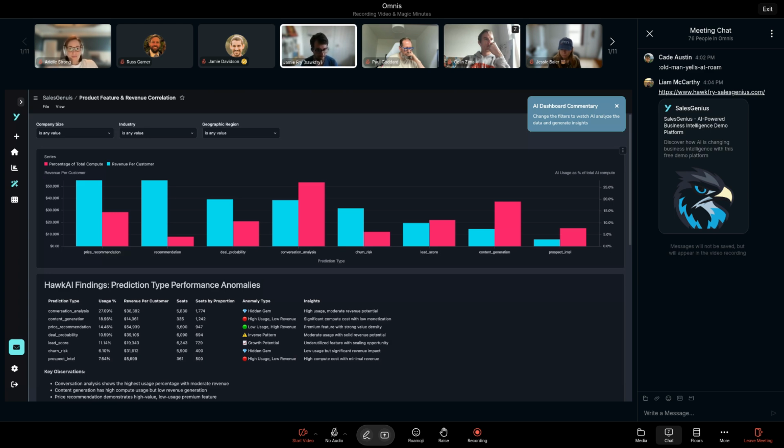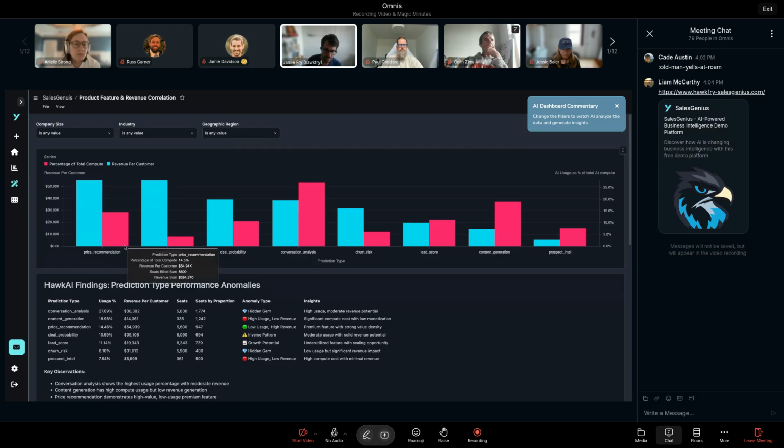In this case, I'm looking at the compute that certain endpoints have and the revenue per customer. We have a recommendation engine, a deal probability engine, a price recommendation engine. The amount of compute helps us determine both the cost of usage to us as a company, but also the level of usage. When I look at this as a product owner or someone doing pricing, I might see that the conversion analysis has a pretty high amount of compute, kind of middling revenue generation, whereas our price recommendation clearly has mid compute, but a high amount of